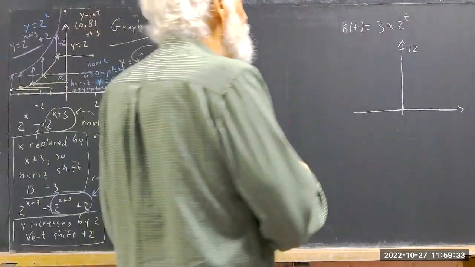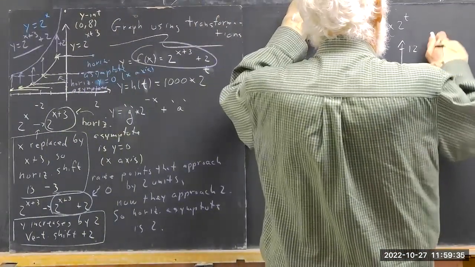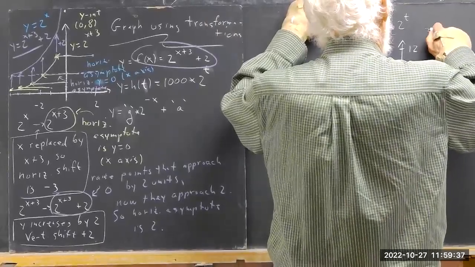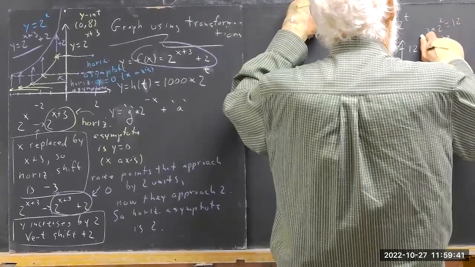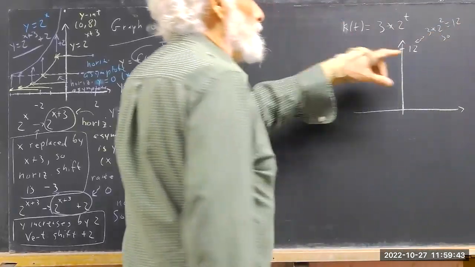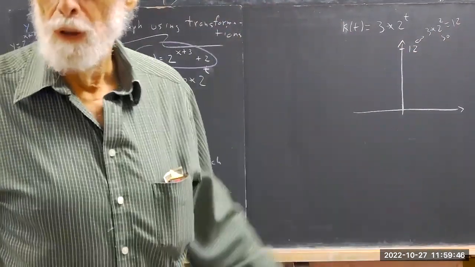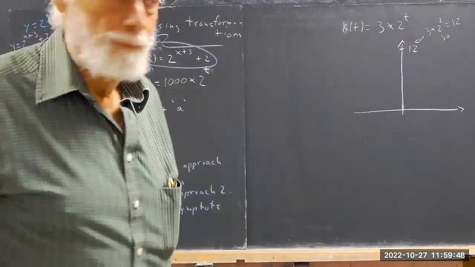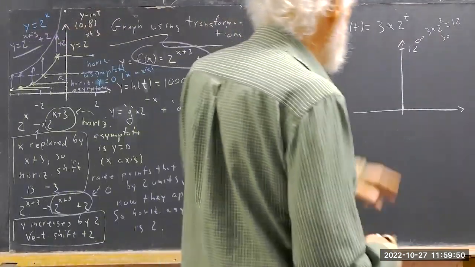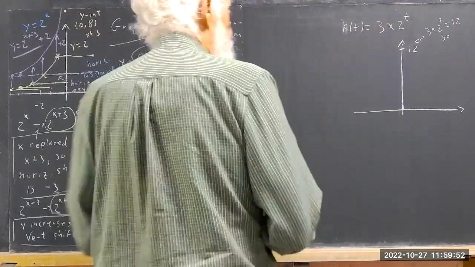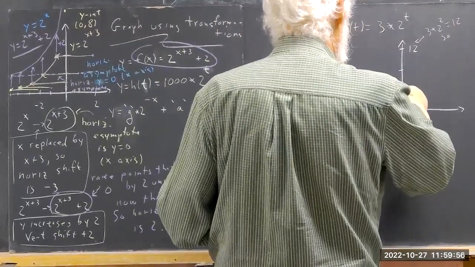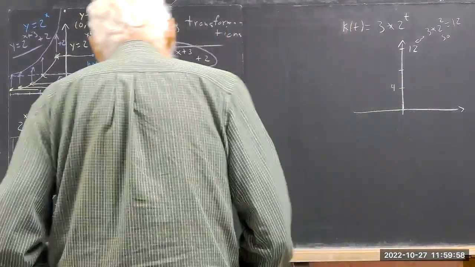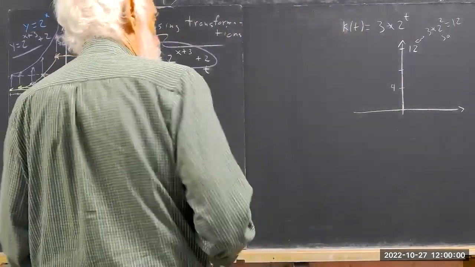Okay. So I'll note three times 2 to the second is 12, so we put 12 on our scale. You might ultimately want more than that, but this is a good start. And then we can do a little subdividing and say, okay, this is about 4 here. So when we graph our